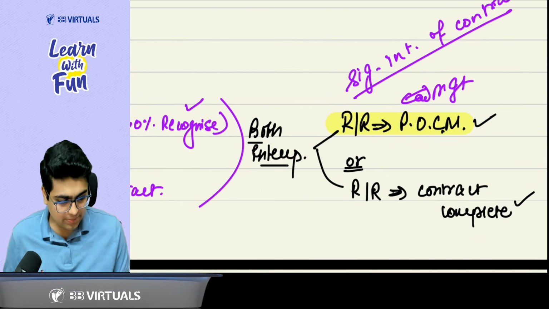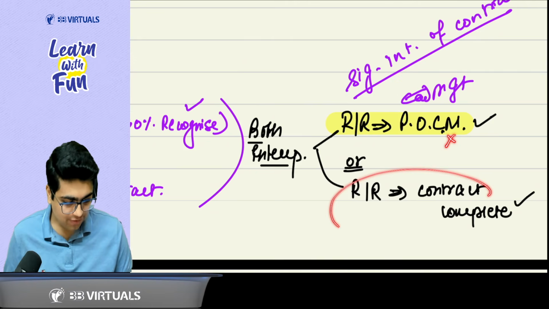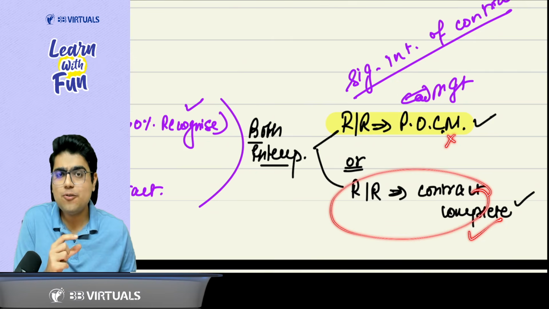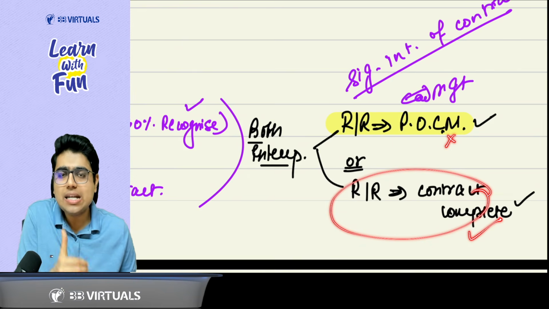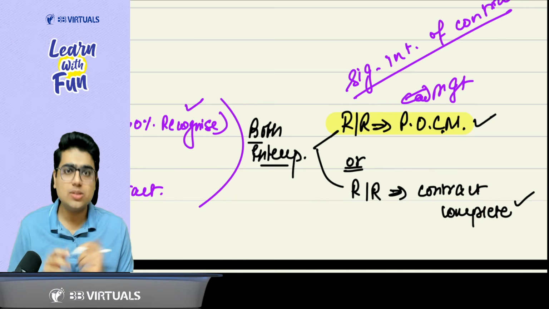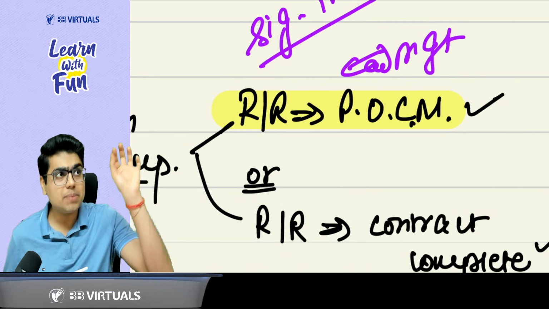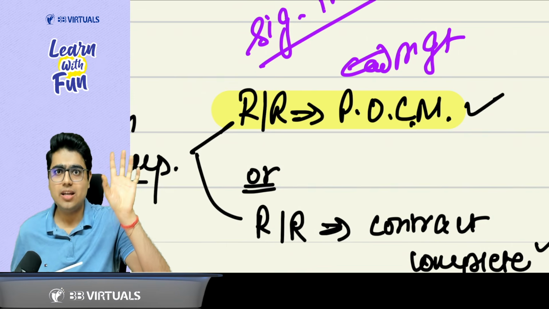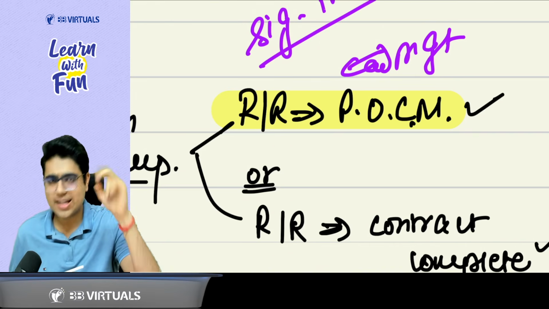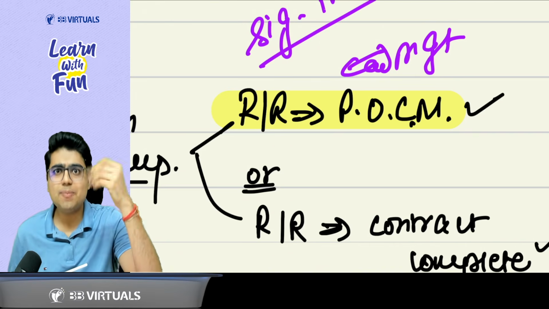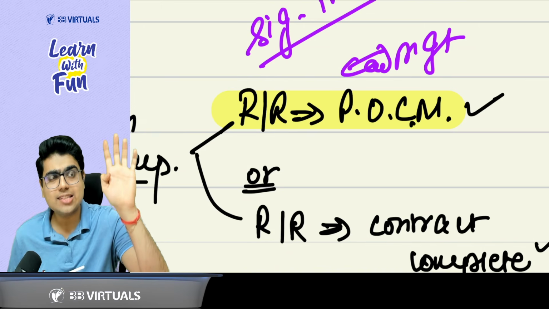Because if management did not adopt this and they would have gone ahead with this, there would be a material impact to the financial statement. There would be a material difference in the financial statement. How, sir? If I am adopting the percentage of completion method, I will be recognizing the revenue in my first year, in my second year, in my third year, in my fourth year, and let's say the project gets completed in the fifth year.